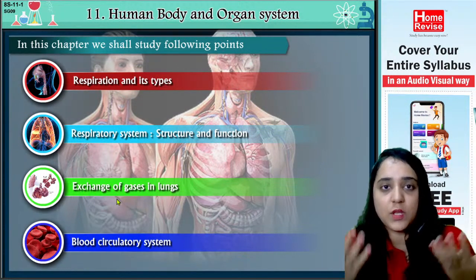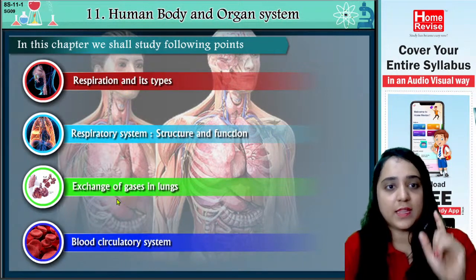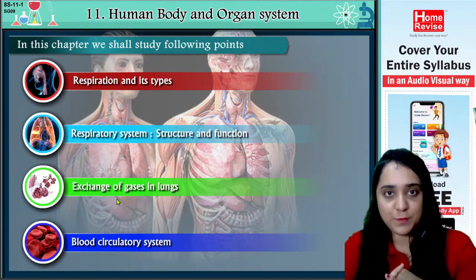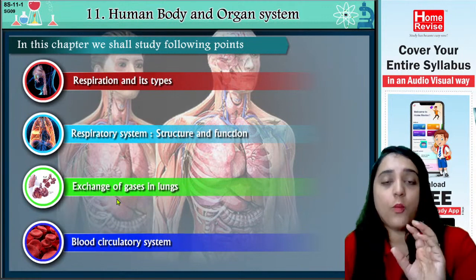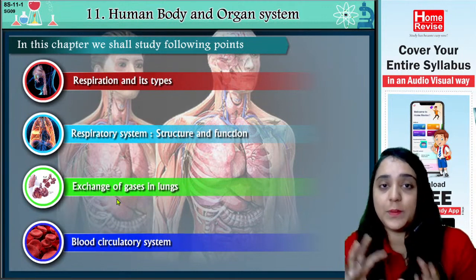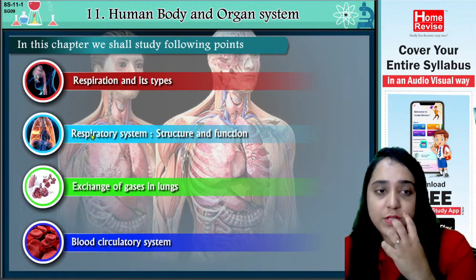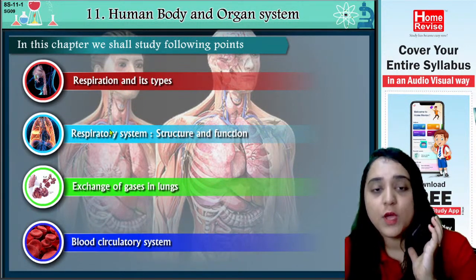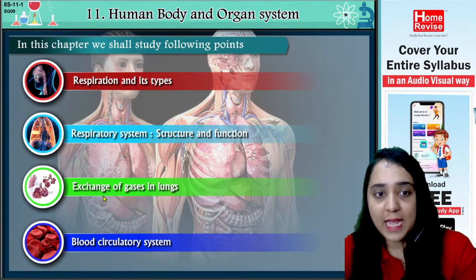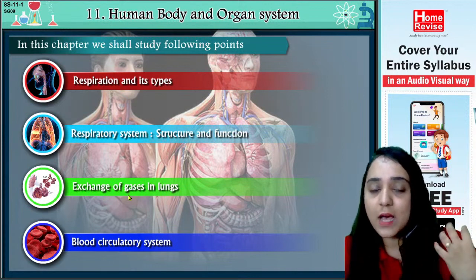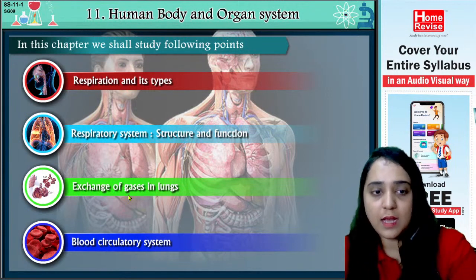and its types. As we know, the inhaling and the exhaling is called respiration. In this chapter, we are going to study about the respiration and the types of respiration. How many types of respiration do we have? What is the exact difference between them? After that, we are going to study about the respiratory system, which means the structure and the function of the respiration. Then the exchange of gases in the lungs, how the gases exchange in the lungs, and the